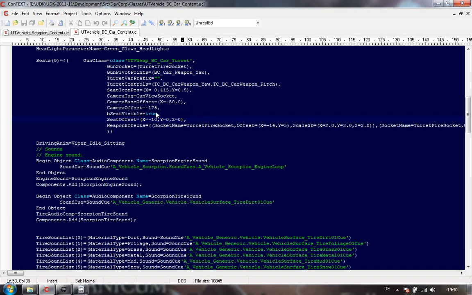bSeatVisible to true. Now what does that mean? That means when you get into a vehicle, you see your player mesh actually on the vehicle, which is what we want. Seat offset. There is a way to set it to a specific bone,